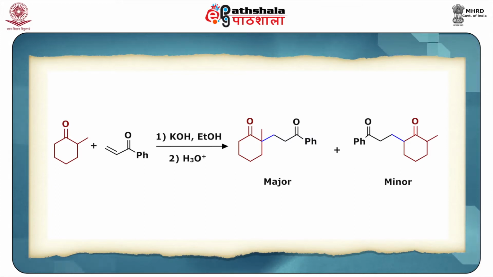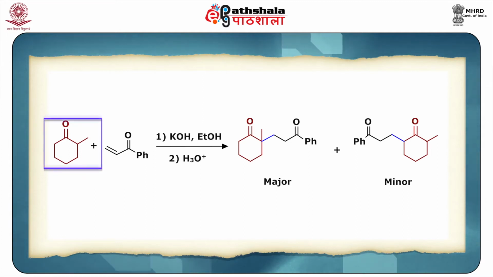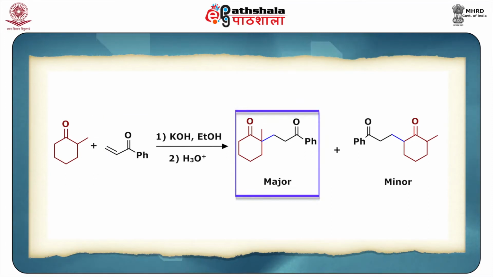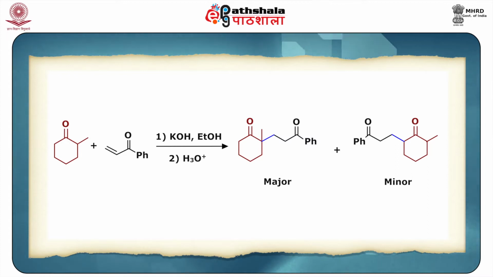And you can see here in this particular example, when this substituted cyclohexanone is reacted with this conjugated carbonyl where this phenyl group is there, then out of these two products the major is this one and the other is minor. So, this is clearly helping in one of the preferential attacks over the other. So, as I told you, with unsymmetrical ketones it is a mixture of regioisomeric enolates which may be formed, and generally the more substituted alpha carbon of the Michael donor is involved in addition to avoid the further reaction.